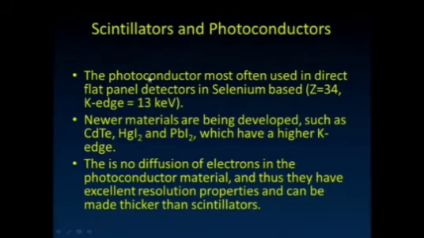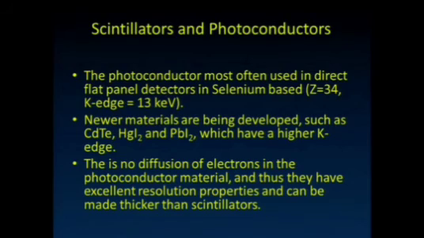So scintillators and photoconductors, right? Photoconductors most often used in direct flat panel detectors are selenium-based. So the Z is 34, the K edge about 13. Now we've talked about if we could match the K edge to the average X-ray energy that we're imaging with, that would be a really good thing, right? Because our probability of interaction would be much higher. And this 13 keV is much too low, right? We'd really like to get that up into the 30, 40, 50, 60 keV range